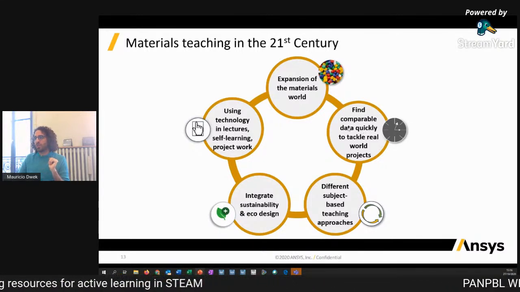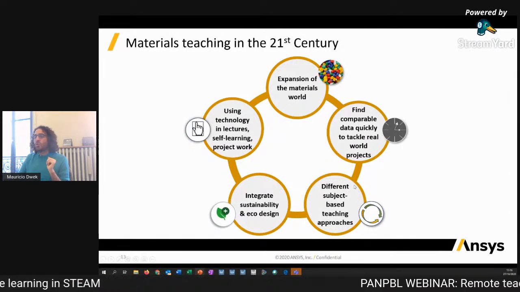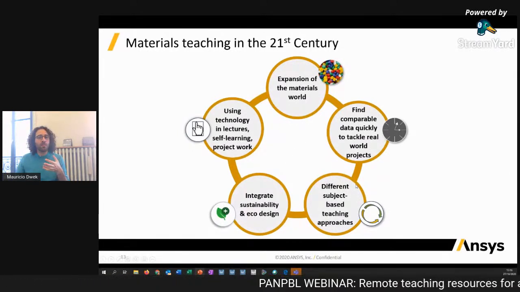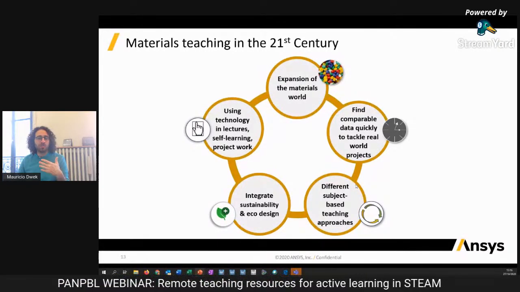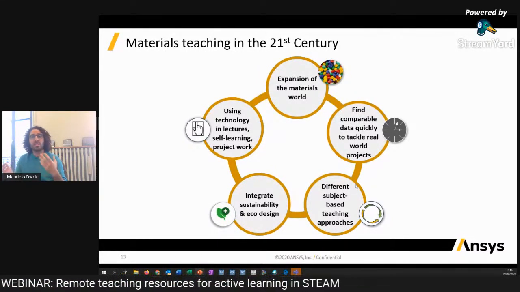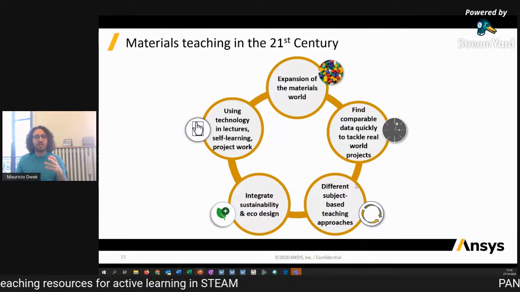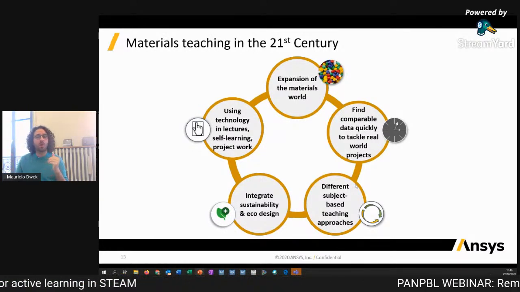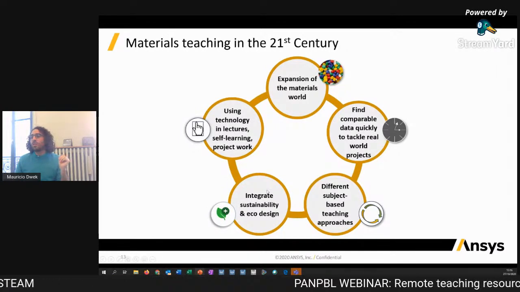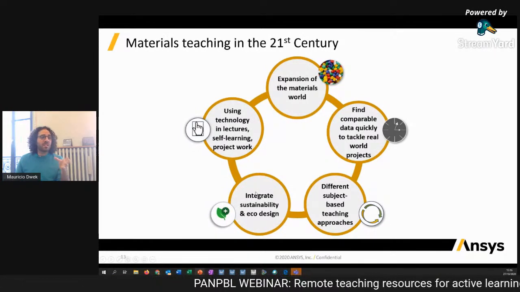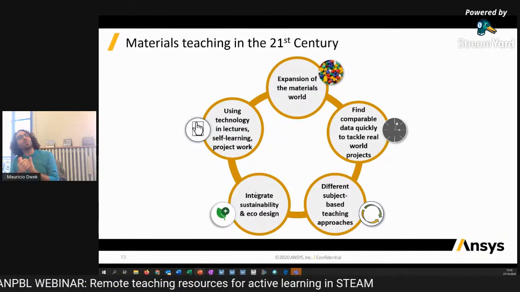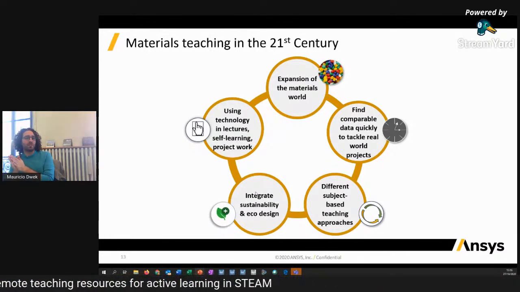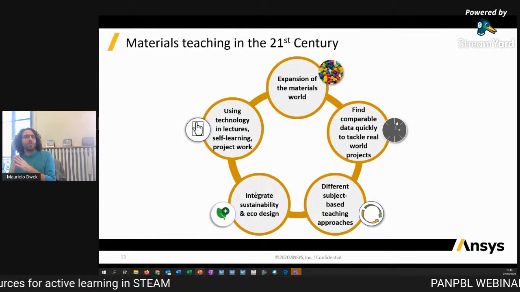We've been working on this. Also, we've identified different teaching approaches. Most of the audience here today is aware of these different teaching approaches, and we've tried to cater to all of these. We're integrating sustainability and eco-design very much, and not only because this is a requirement, a professional requirement,